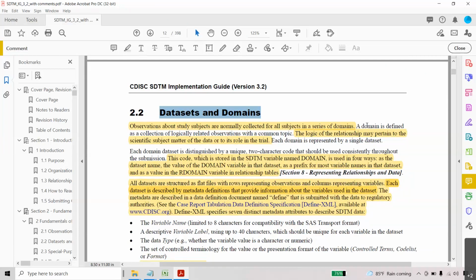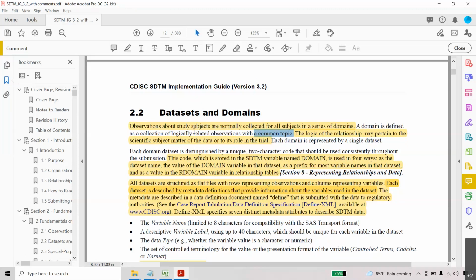So a domain is defined as a collection of logically related observations with a common topic. This is a very important definition. That means in the LB domain, for all observations, LB test code is the topic variable. In adverse events, AE term is the topic variable for all subjects in the AE domain. So remember these datasets and domains.